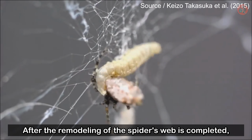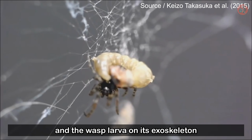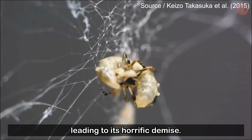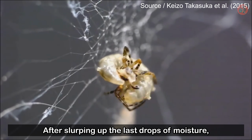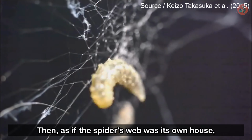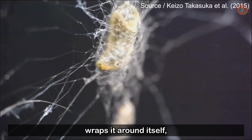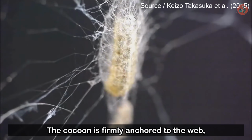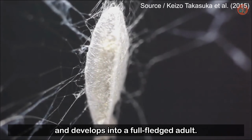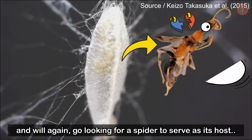After the remodeling of the spider's web is complete, Cyclosa argenteoalba moves to the center of the web, and the wasp larva on its exoskeleton begins devouring the spider's body in earnest, leading to its horrific demise. After slurping up the last drops of moisture, the larva tosses away the spider's now empty husk. Then, as if the spider's web was its own house, it settles in the center of the web, spits a thread-like secretion, wraps it around itself, and begins spinning a cocoon. The cocoon is firmly anchored to the web, where the wasp larva metamorphoses and develops into a full-fledged adult. After breaking out of the cocoon, the wasp will mate and will again go looking for a spider to serve